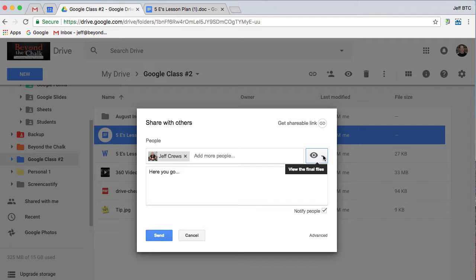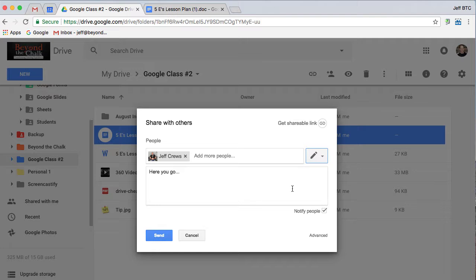but that's it. If I set it to comment, what you notice the icon changes here, is I can actually make comments about it. So it puts these little comments off to the right side that the editor or the original person who wrote the document can look at and either choose to accept or respond to, those types of things. The last piece is edit here, and when I select edit, it allows the person I'm sharing with to edit this document,